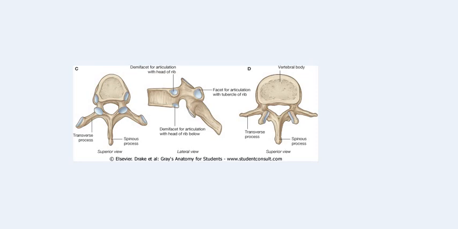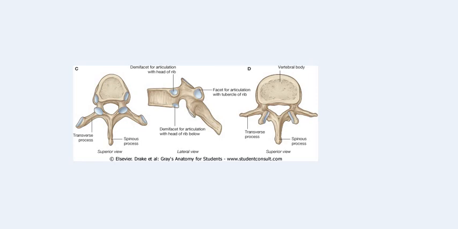So what are the distinguishing features of the typical thoracic vertebrae? A typical thoracic vertebra has a heart-shaped body. The body of the typical thoracic vertebra is heart-shaped. In this diagram, you can see this is the body of the typical thoracic vertebra. This is heart-shaped, and the